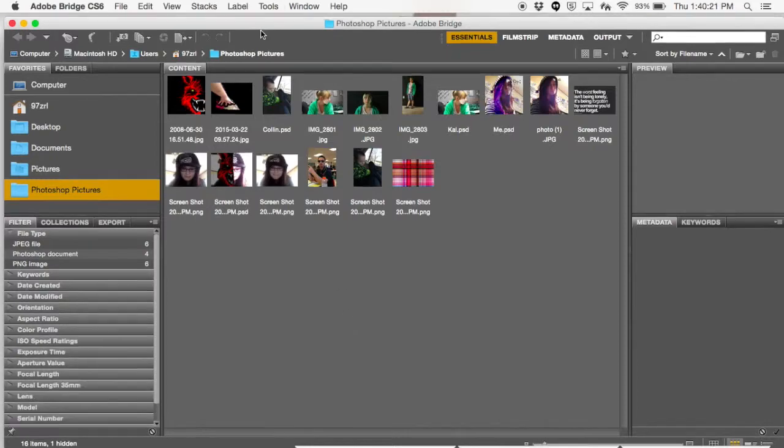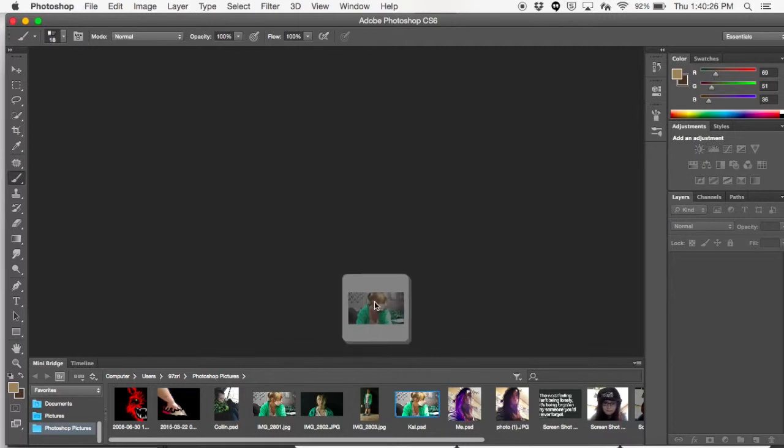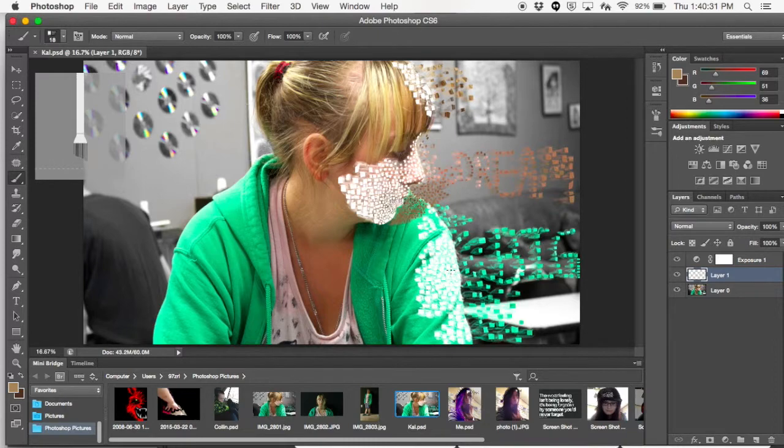First, you want to open Adobe Bridge and then Adobe Photoshop. After you've done that, drag your photo that you want into the box placed right there. I've already finished my project, so this is the final result. What you